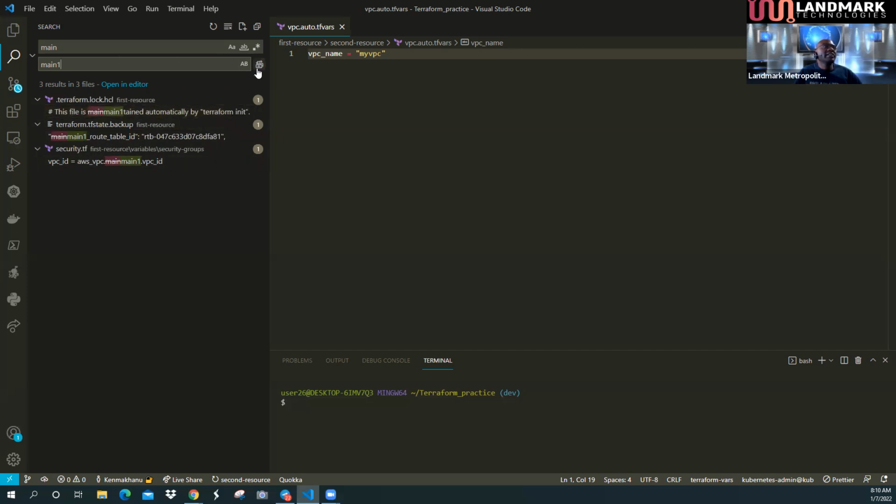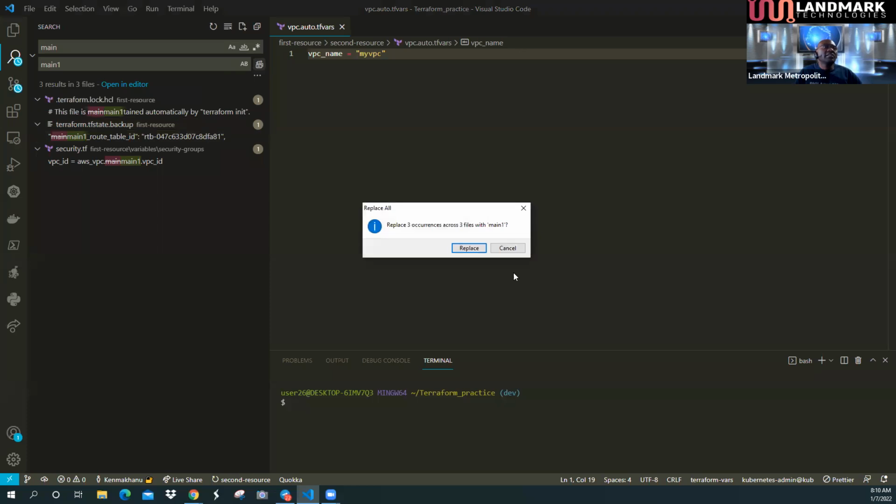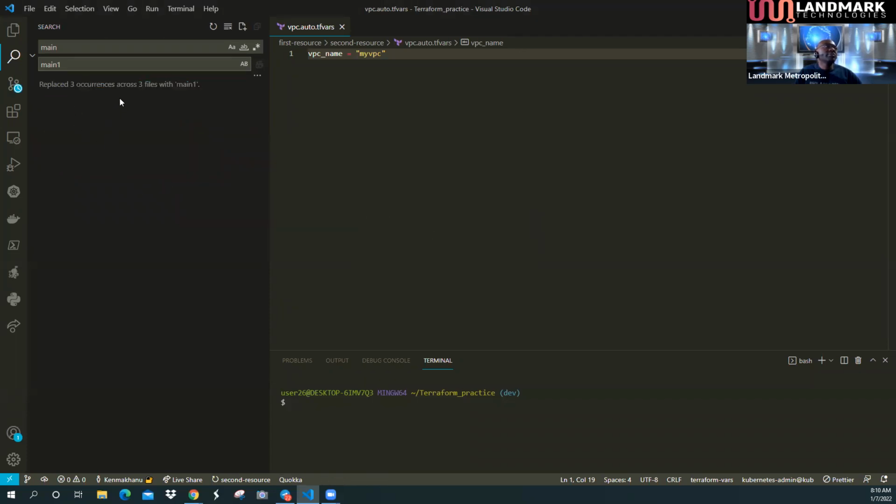So if I click enter, or if I click on that button, then it's going to replace all globally, right? It is going to replace everything globally. So if I click on that, are you sure you want to replace that? So if I replace, globally, it has replaced all the 3 instances of the word main, but I can